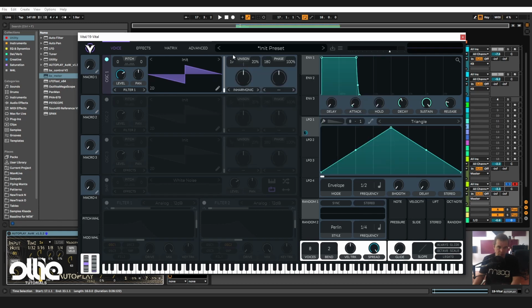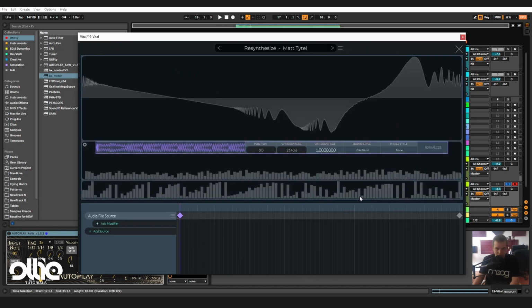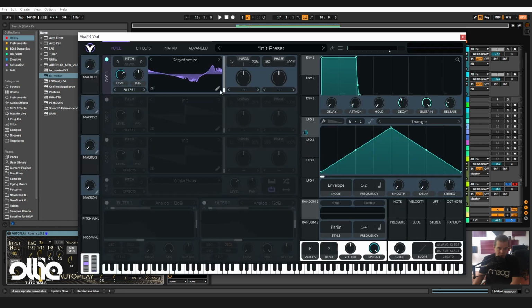So what it's going to do now is create a wavetable from this modulation that I've added, the inharmonic modulation modulated by the LFO. So we'll get something that sounds like this. Okay, I'll set the modifier to none, and now we have this. For now it's nothing too special, but if we go to the wavetable editor in here by clicking on the pencil,